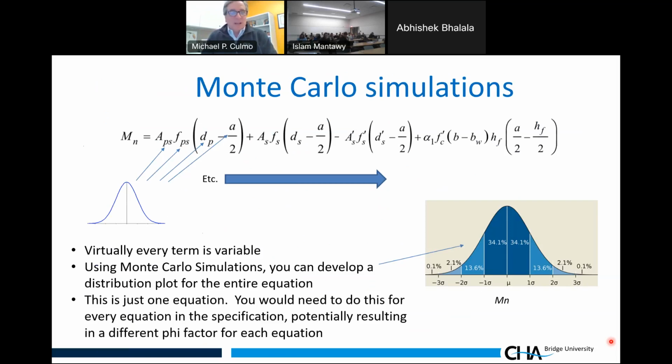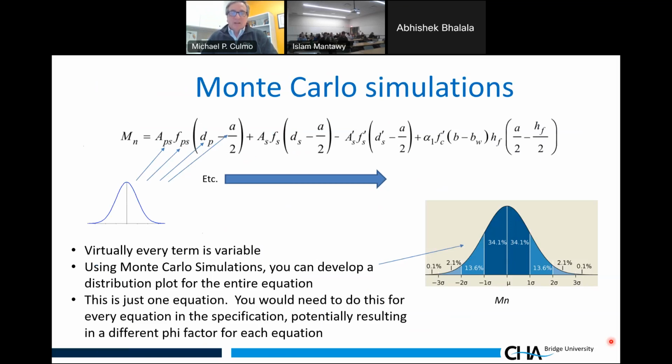Now, it seems like it's really nasty, but the reality is if your beam is not pre-stressed, the whole first term drops out. If you're singly reinforced, the third term drops out. And really it comes down to the center one, which is what you probably learned in reinforced concrete design at school. So it looks like a nasty equation, but my point to showing this is every variable in that equation is